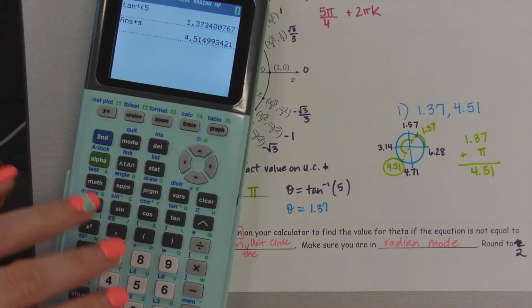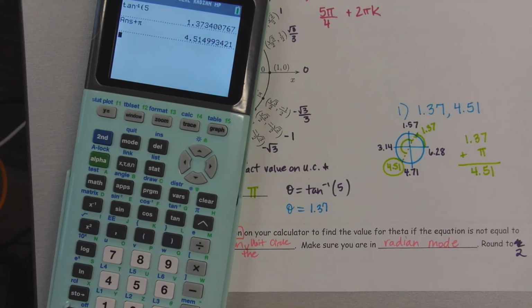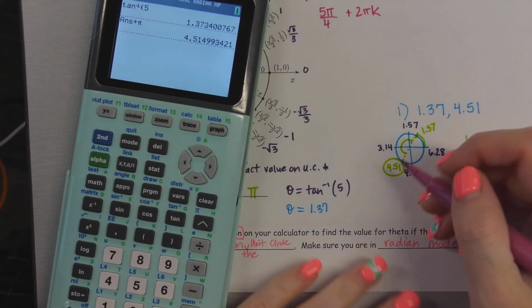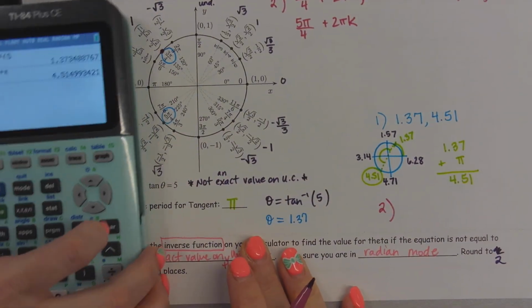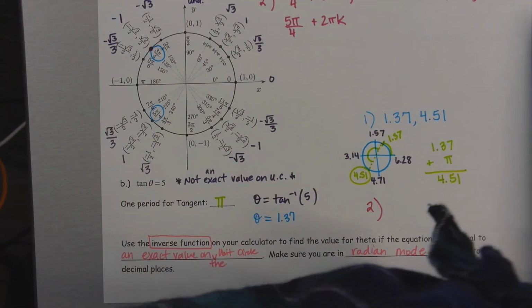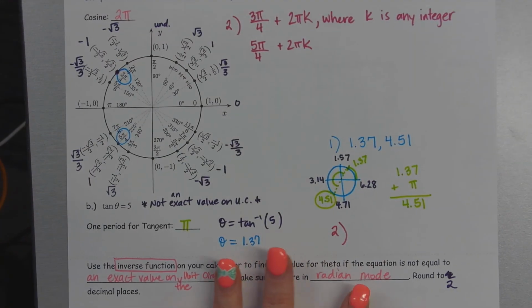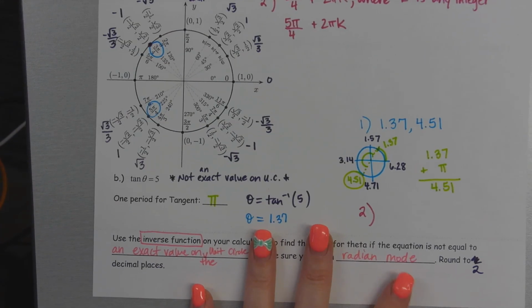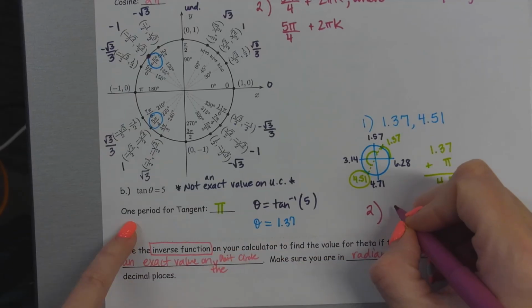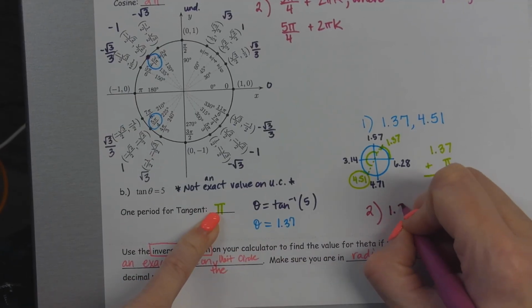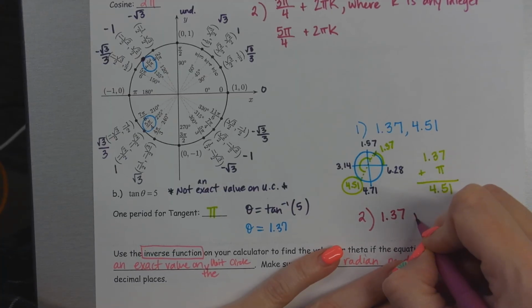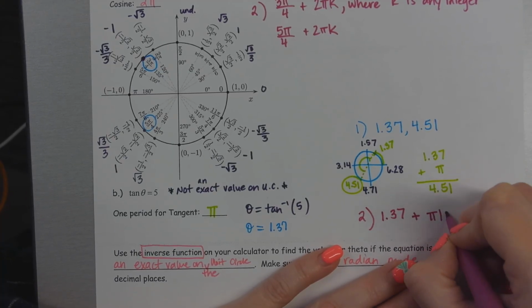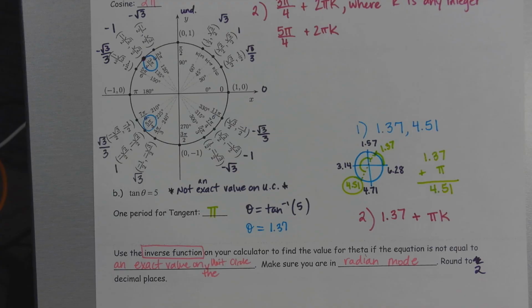Now, when you are writing your equation for tangent, it's a little bit different. We're going to write the simplest form of the equation, which means we don't want to do anything that's redundant or repeats itself. So the one period for tangent is pi. All you have to write for all solutions is 1.37 plus pi k. So you don't need to write both of them out because